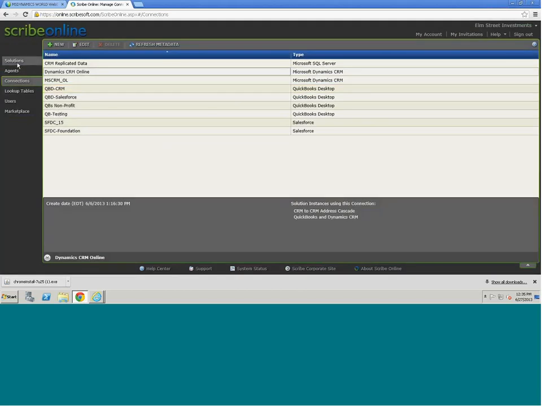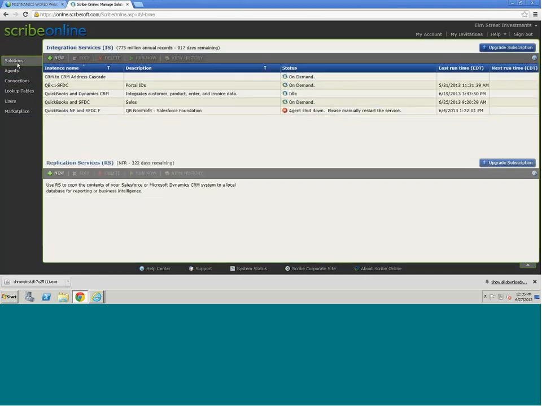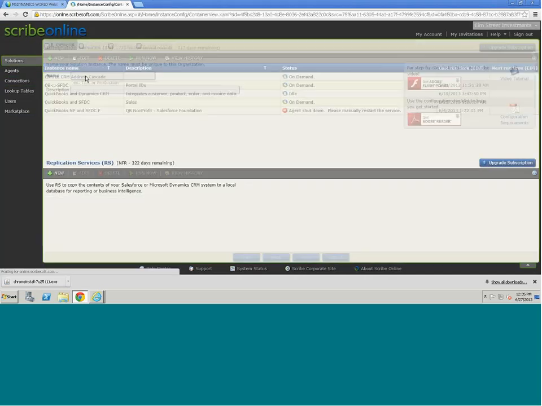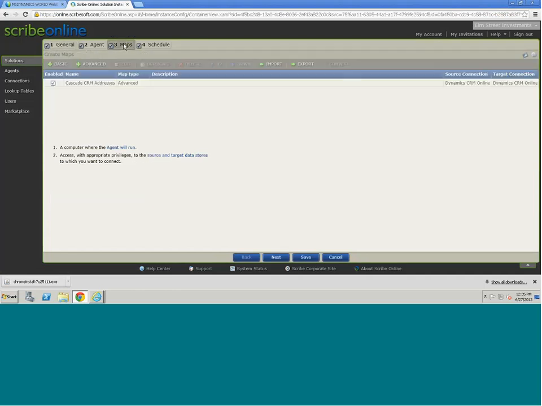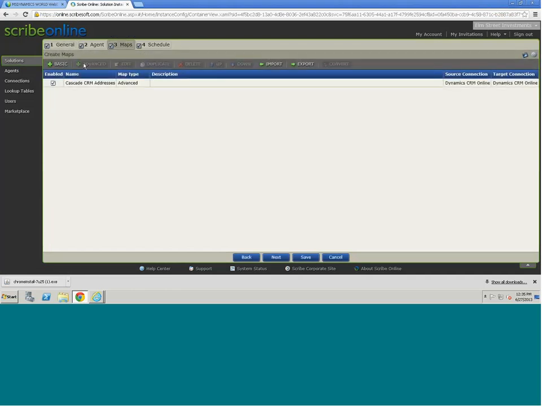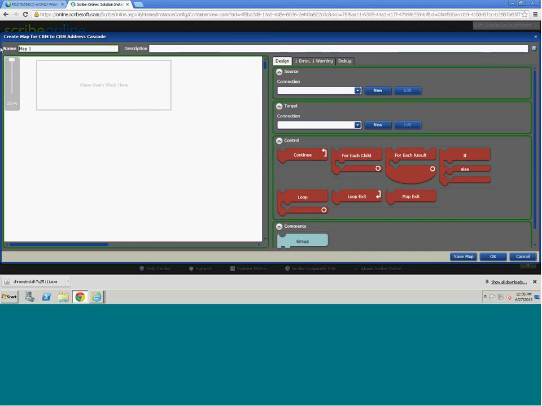And from there, once you have it configured for my agents and my connections, then you get into all the fun stuff, which is the mappings and the integration part. So one of the things I thought I'd talk about today would be a map that solves a problem that a lot of us have that we wish Microsoft Dynamics did, which is when you cascade an address change down to the contact record. So if I make a change at the account level, maybe I want that address to change at the account level, change that down to the contact. So let me just show you how you might build something like that up real quick. So if this is my address